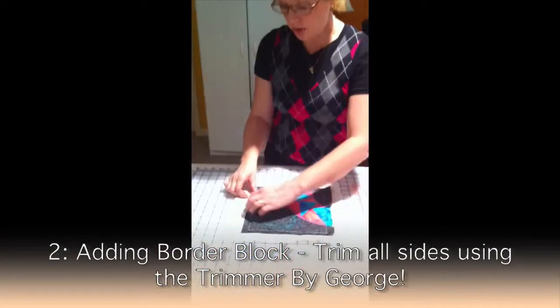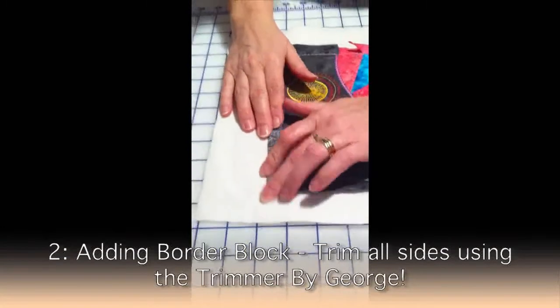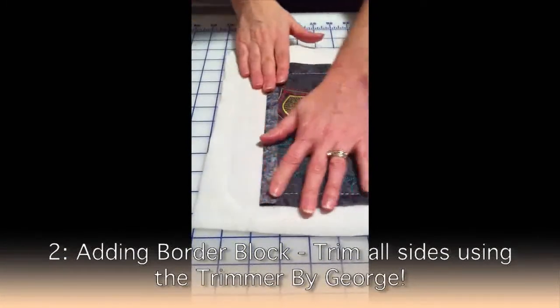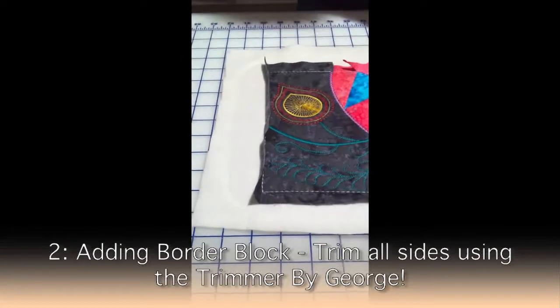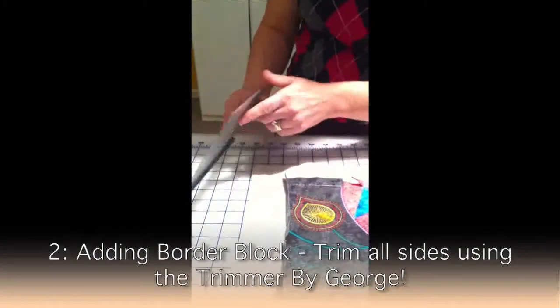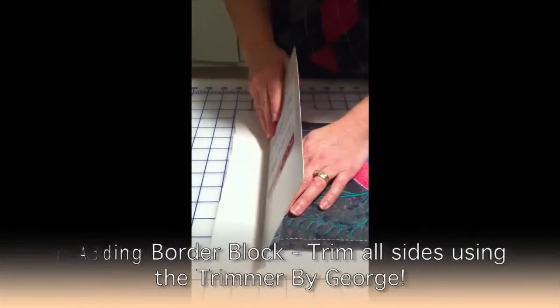So what you'll do is take your fabric on the top and just finger press it, or you could take it to the iron if you wanted to. Just that top layer of fabric, or layers if there's piecing on one side. And this is the Trimmer by George, and it has the crimped edge. You're going to take that crimped edge and snug it right up to that line of stitching,